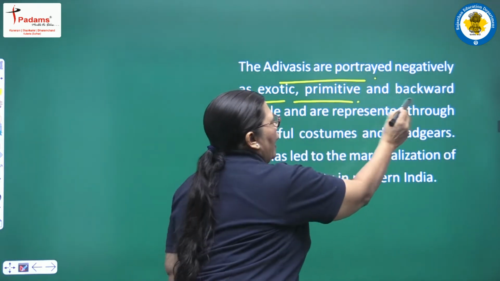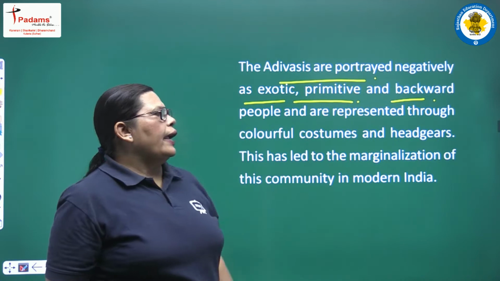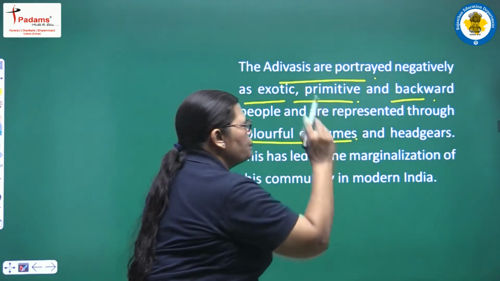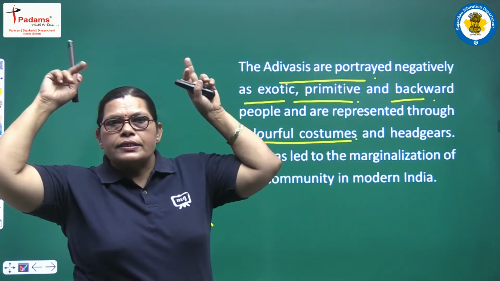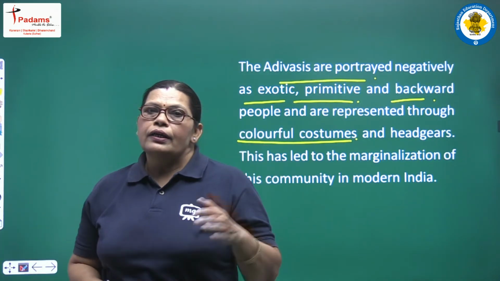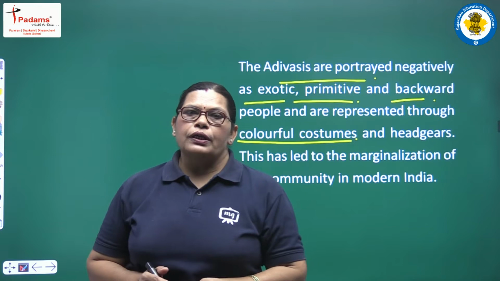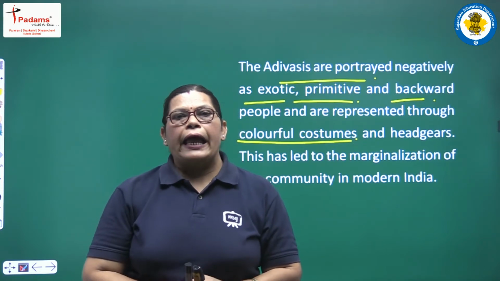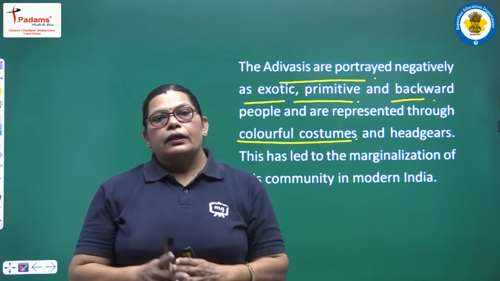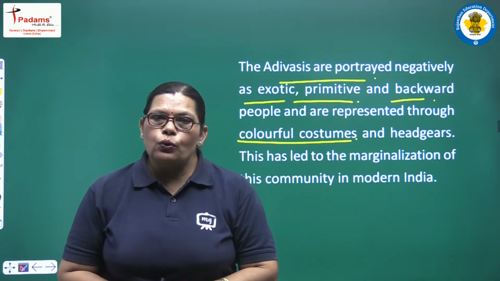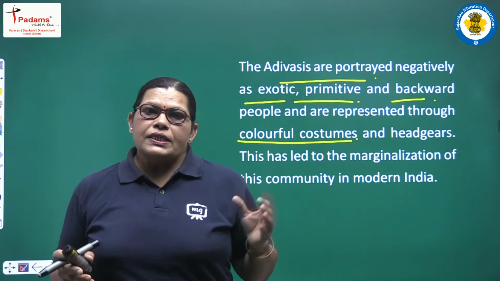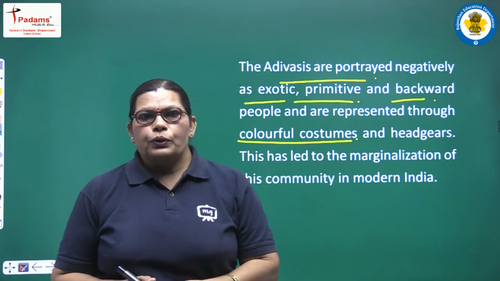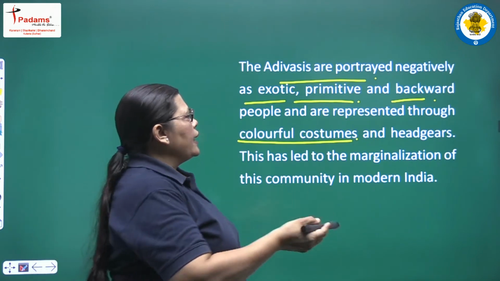as primitive and backward people, and are represented through colorful costumes and headgears. As we noticed in our chapter reading about the story of the Republic Day parade ceremony, in that ceremony Dadu's family members noticed that pictures of Adivasi people were there, and Dadu's family noticed how they were pictured,